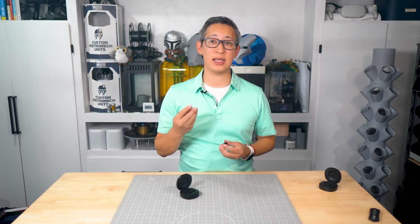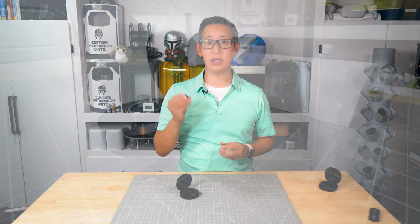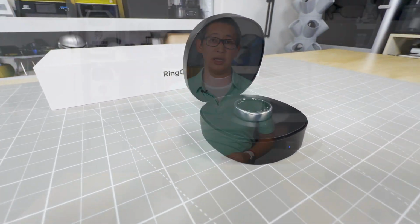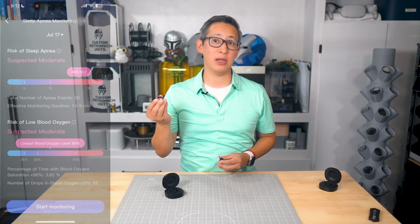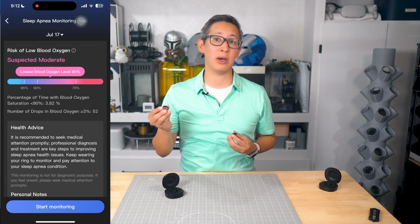Okay, so we've talked about pretty much everything that's the same, with the exception of the size and weight, for this new Gen 2 ring. Now let's talk about the new features and the enhancements that are coming with the Gen 2 version of this smart ring. This Gen 2 ring now has sleep apnea monitoring, making it the first smart ring to provide sleep apnea monitoring,